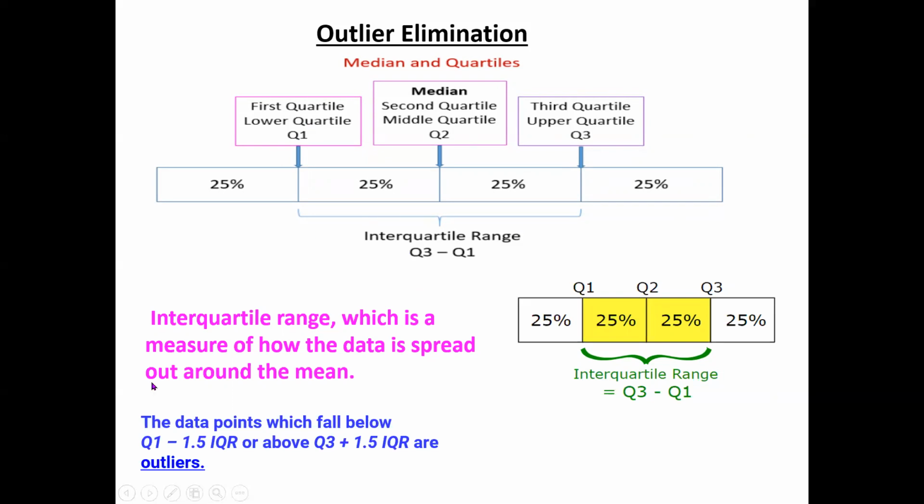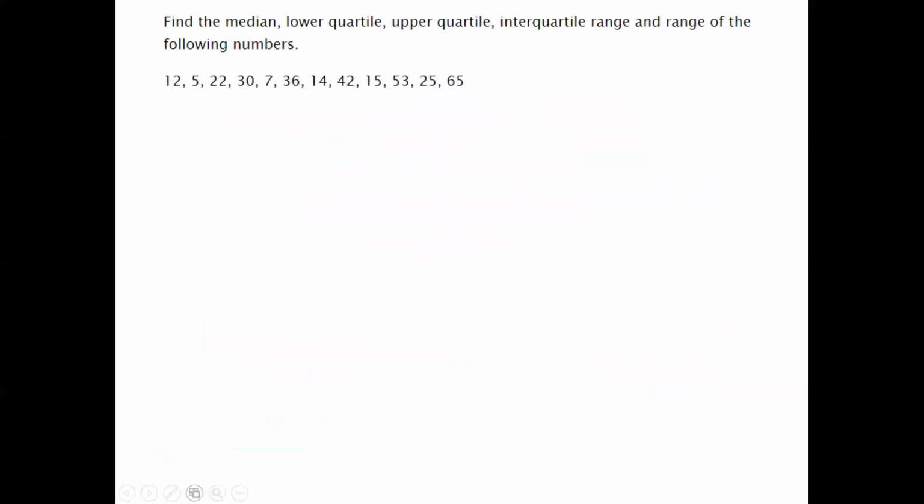And now this is the formula after calculating Q1, Q3 and IQR. The data points which fall below Q1 minus 1.5 IQR or above Q3 plus 1.5 IQR are outliers. That means the lowest value is this one and the highest value is this one, and values between them are not outliers. The minimum value and maximum value. As I said, minimum boundary and maximum boundary for BMI. Minimum boundary and maximum boundary for charges. So these are the two formulas we are using. So this is very simple.